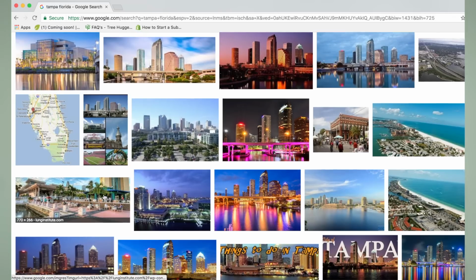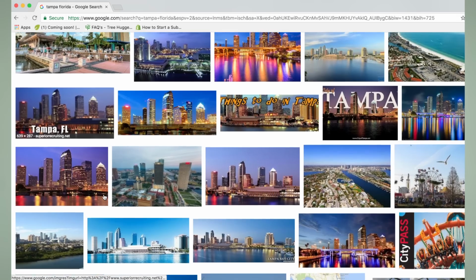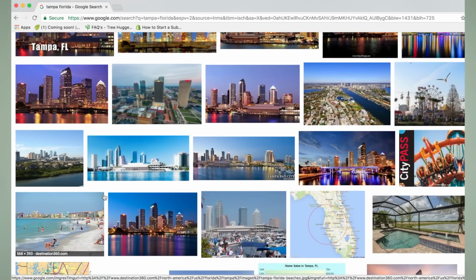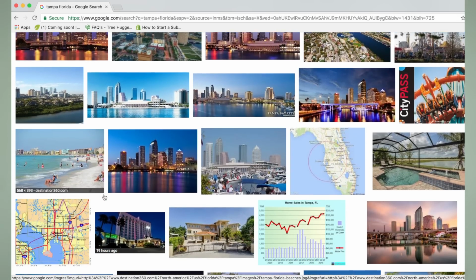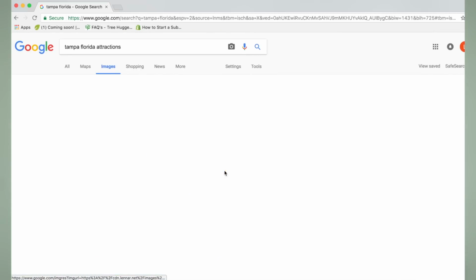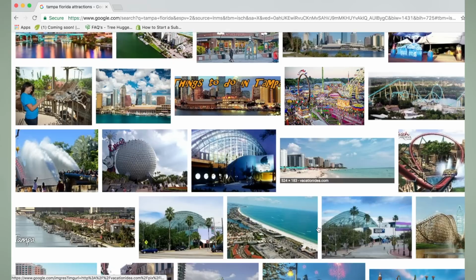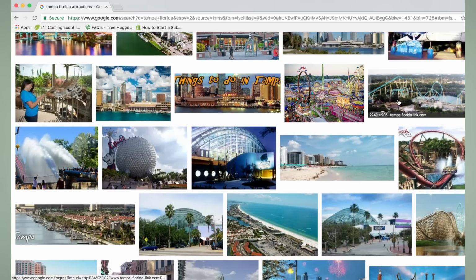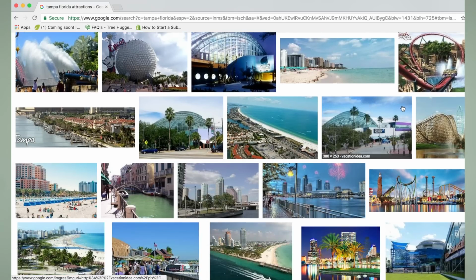But before you knock it, you should try it because you can learn so much this way. Let's say you type in Tampa, Florida in Google. Switch to images and see what pops up. From these images alone, you can see it's a cityscape. There's a beach. Okay, drag down more. Busch Gardens. You're starting to get an idea of a few things you can do in the area. At this point from those images, you've probably realized that Tampa looks like a warm, tropical place with a downtown area. So now you have some sort of idea of something about where you're going.